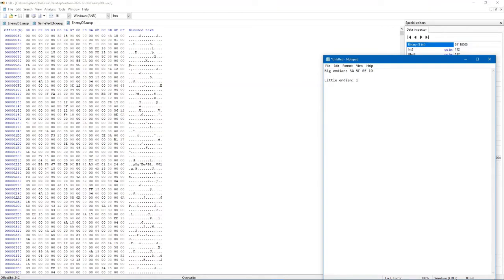Would be 10, 0e, 5f, 3a. So the reason why it does that is because most modern processing algorithms use little endian, because the first digit is the least significant, the next is slightly more, and so on and so forth. Anyways, that's why this is reversed, because our big endian